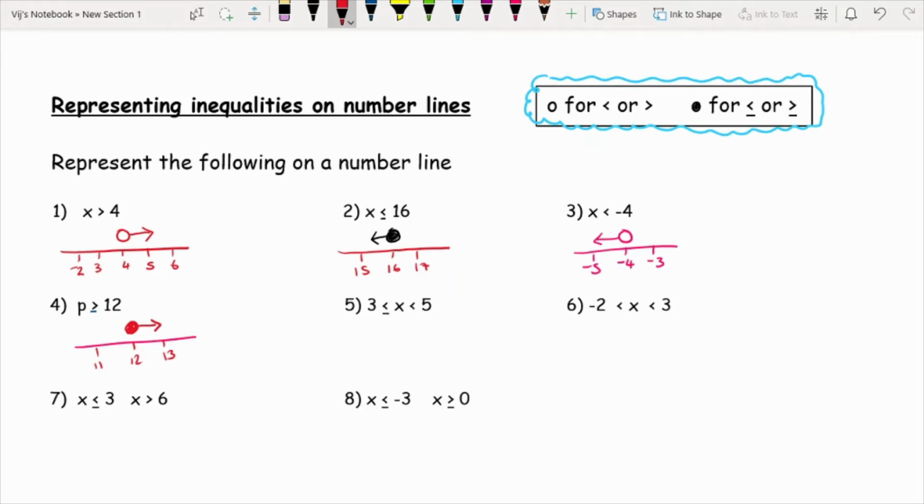Now with question 5, as you can see here, we've got two numbers. So what I need to do is make sure that my line includes those two numbers. So I'm going to start off with 2, then I've got 3, 4, 5 and 6. Now like I said, I don't have to start my numbers between 2 and 6. I could easily have just gone straight from the numbers in the question, but just for presentation wise I'm going for that. So again, I'm going to draw a circle above 3 and I'm going to draw a circle above